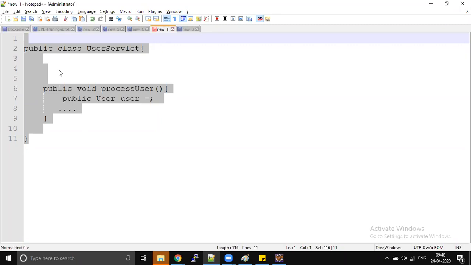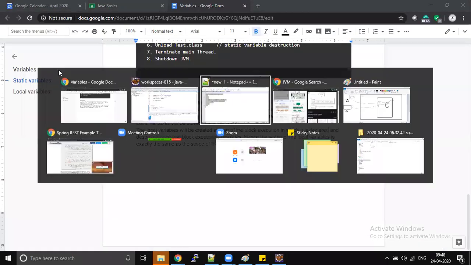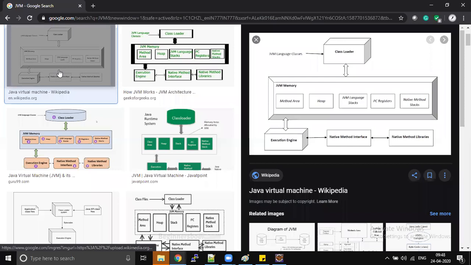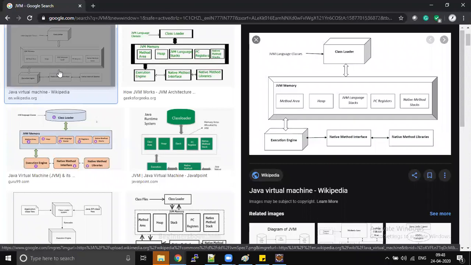So this is all about it, and we also discussed where those variables will be stored. Static variables will be stored in the method area, where the class will be loaded, and that is going to happen only one time. There is an algorithm in Java to load the classes into memory, and that algorithm is taken care of by the class loaders. We have the Bootstrap class loader, application class loaders. That is a different concept. Objects will be created in heap memory, whereas the local variables will be stored in stack memory. So these three are three different things.